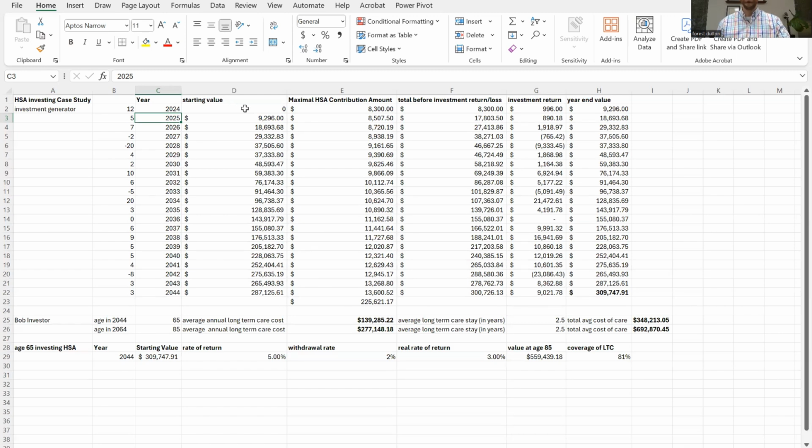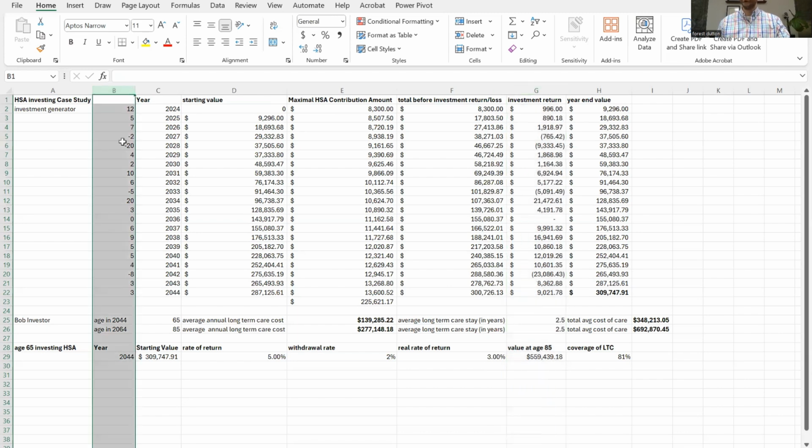And what I want to draw your attention to is that from 2024 to 2044, we're assuming that you put in the maximum amount. I'm just going to highlight the column as I talk about it. This is your yearly contribution column. So this assumes you start from zero, and in 2024 you put in, as a family, $8,300 in your account. This next column is the running total before we factor in any investment returns or losses. This column is the investment return, and that is actually based off of column B,